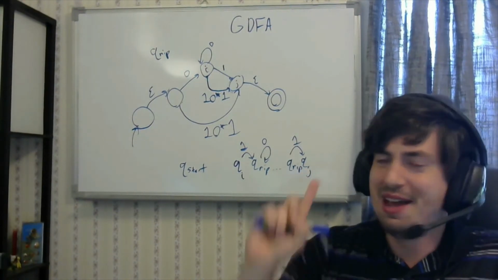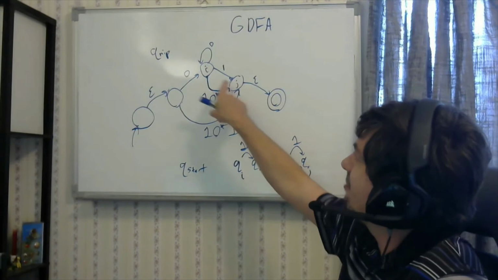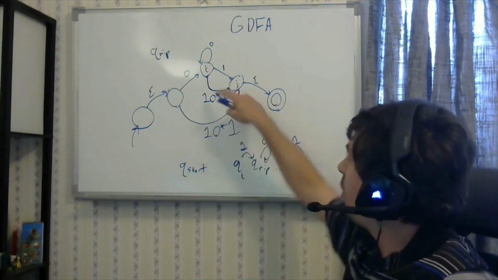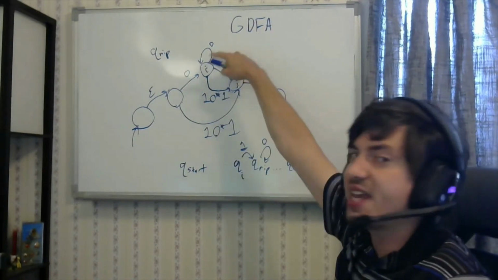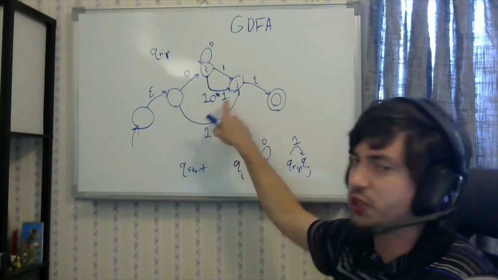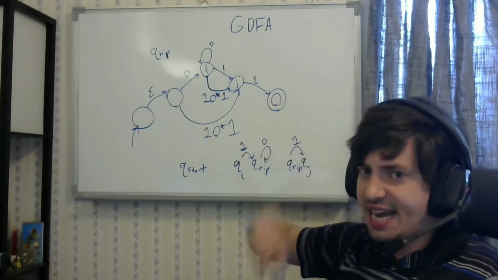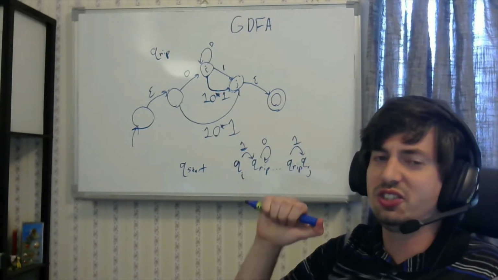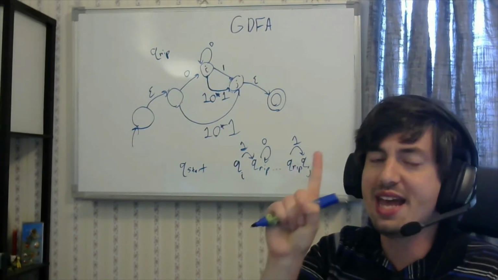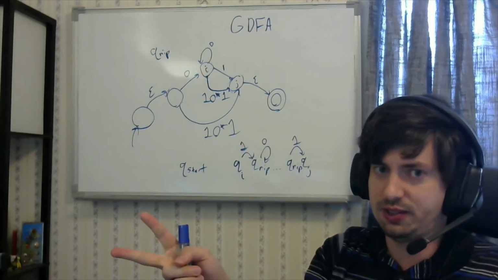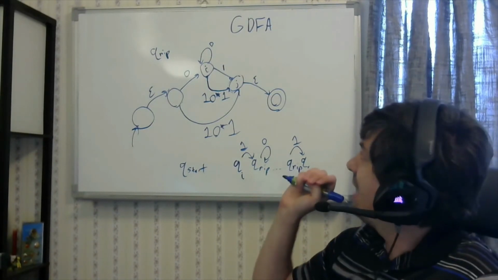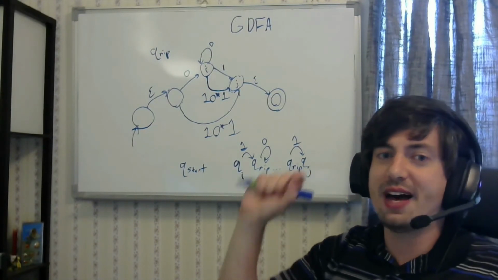Except there's a problem, because now we essentially have two states with two different edges between them. We have one edge where we can go from I to J taking a 1, and we have another edge that could take us from I to J using 1, 0, star, 1. And that's not allowed in this generalized discrete finite automata. We still are only allowed to have one edge between any pair of states, unlike the non-deterministic finite automata that we had seen earlier. And so what that means is that now we need to provide this as an alternative.